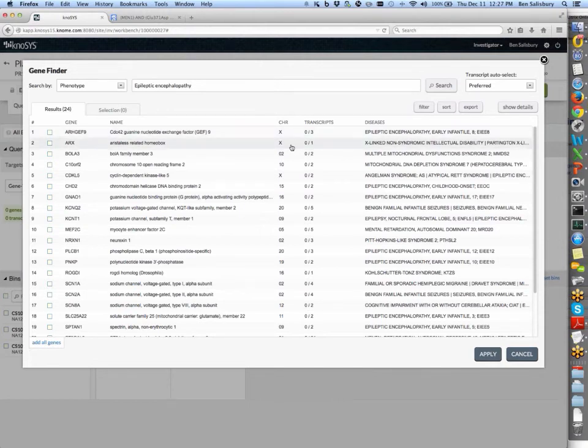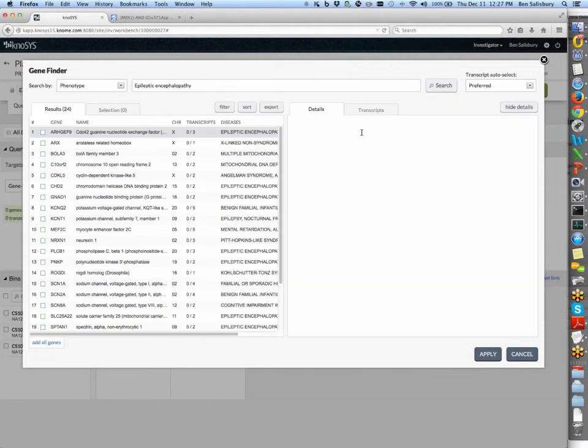And there they are, on the X and also on the autosomes. They're involved in a variety of traits, many of which have the epileptic encephalopathy term right there in the disease name. The search was conducted on disease name, symptoms for the disease, even synonyms for the symptoms.